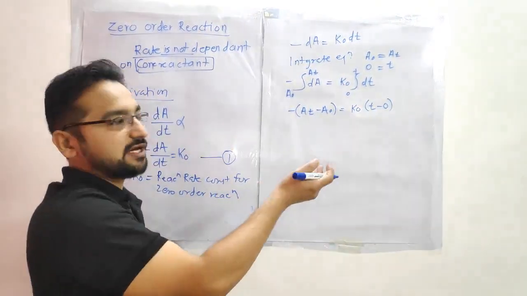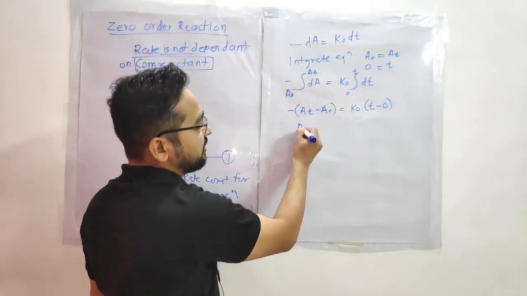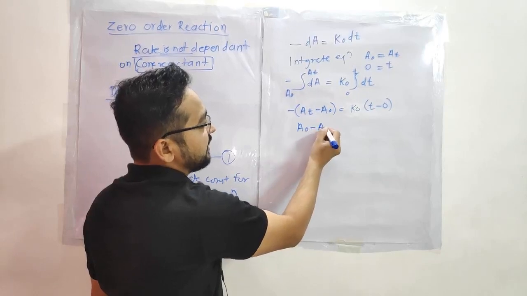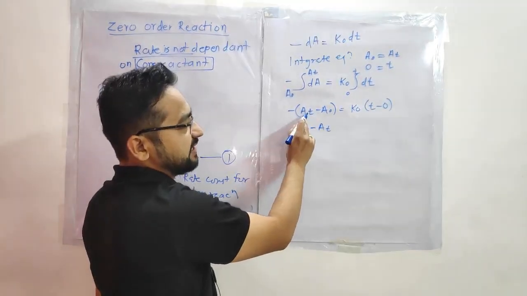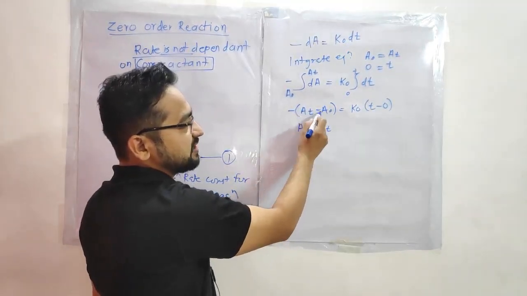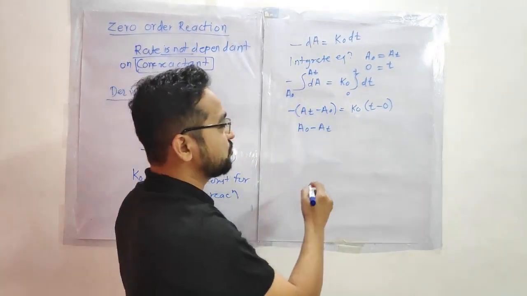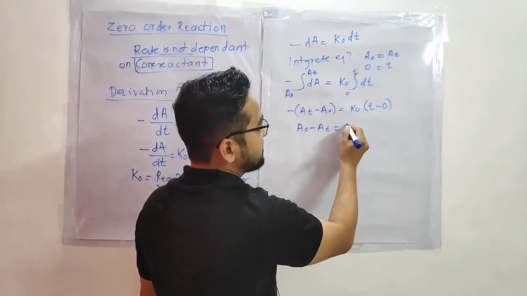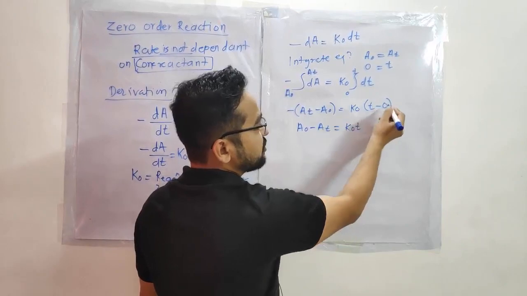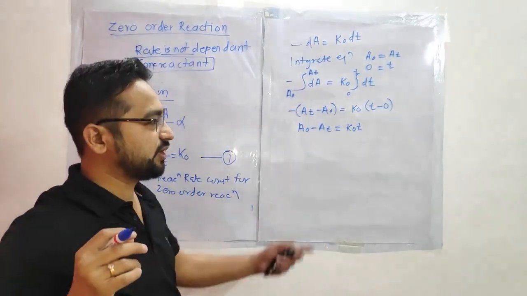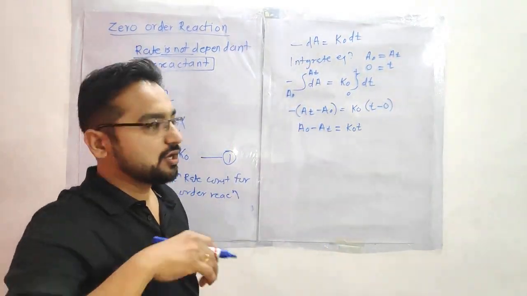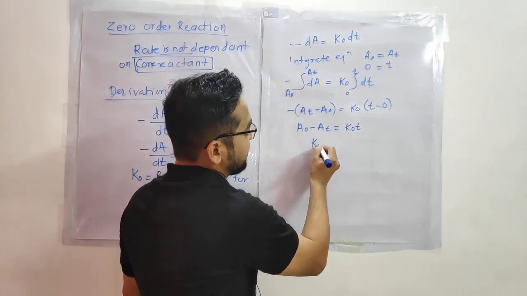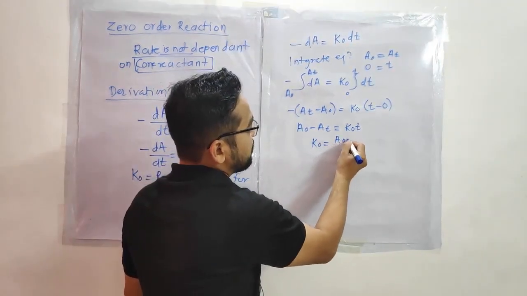Now multiplying by the minus sign, it will become a0 minus at. How? This minus sign, at will go to this side, this minus minus will become plus, so a0 minus at. And k0 multiplied by 0 has no value. If you rearrange this equation, you will get k0 is equal to a0 minus